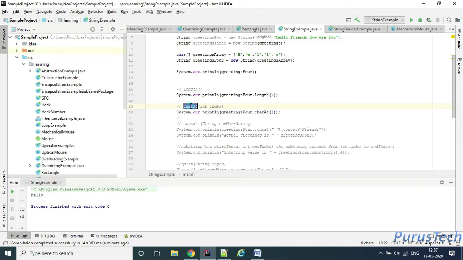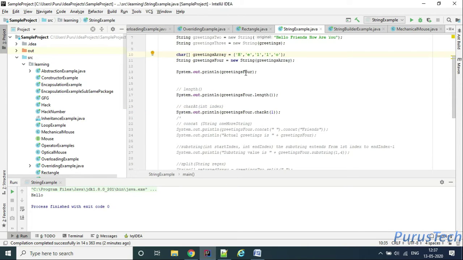Okay, the charAt method takes one argument, an integer type argument. It will return the character present at a particular index. So what is the index here in a character array?